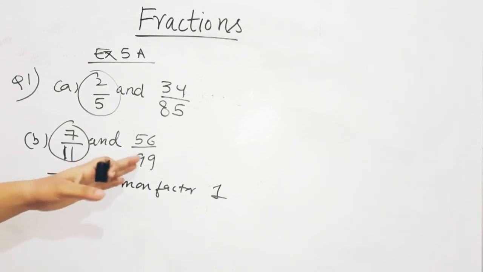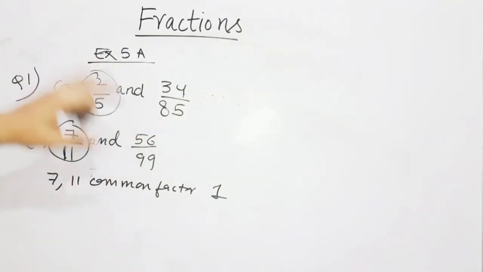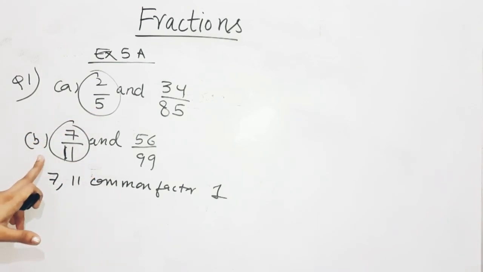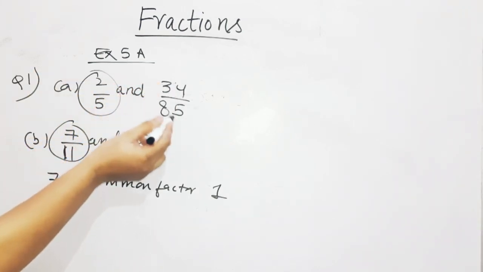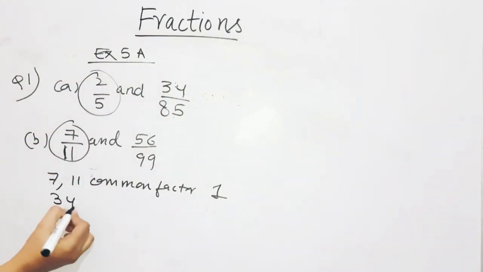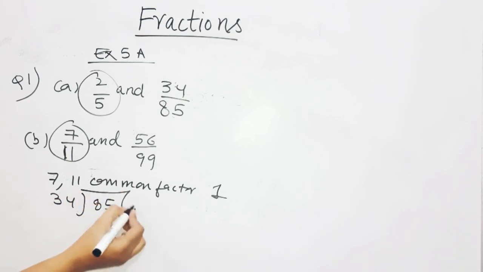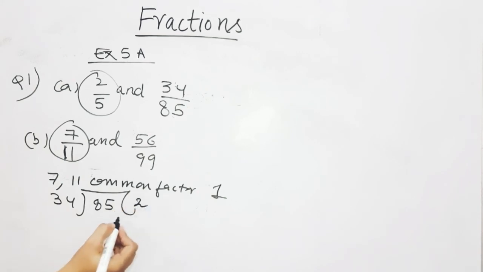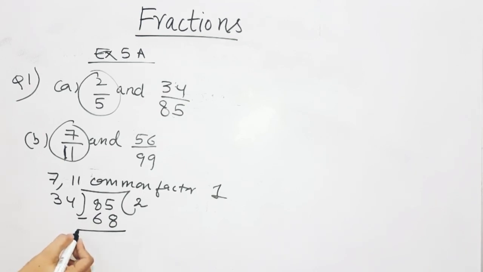Now I am going to reduce this one and this one. After reducing it or after converting it into its simplest form, if I get this and this, then these will be equivalent. Otherwise the answer will be no. So if we talk about 34 and 85, firstly what we have to do, in order to reduce it, I have to take the HCF. So when you take the HCF of 34 and 85, 34, 2 4s are 8 and 2 3s are 6.